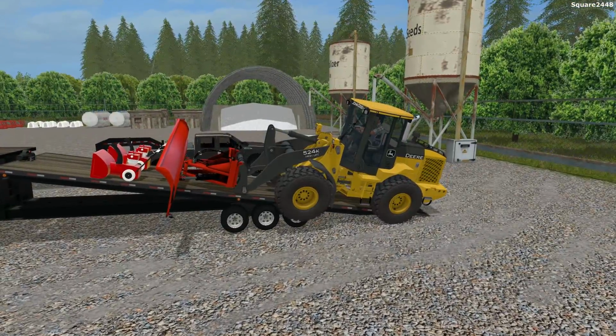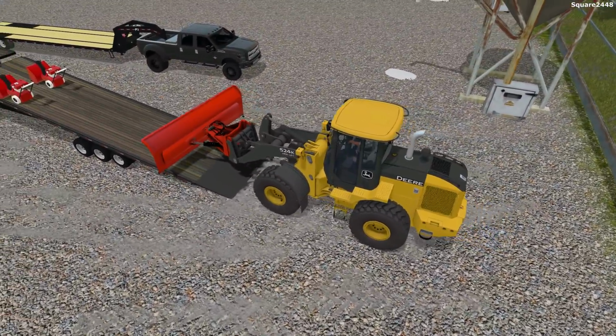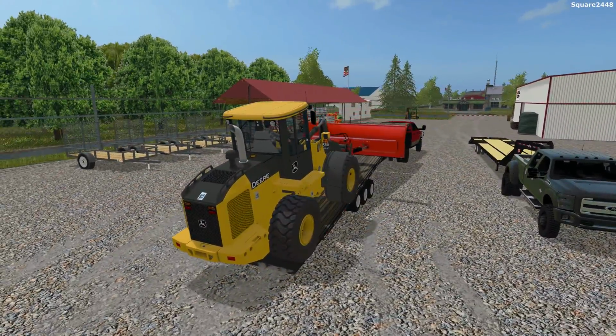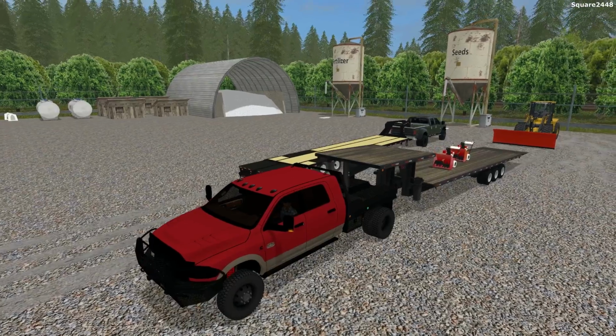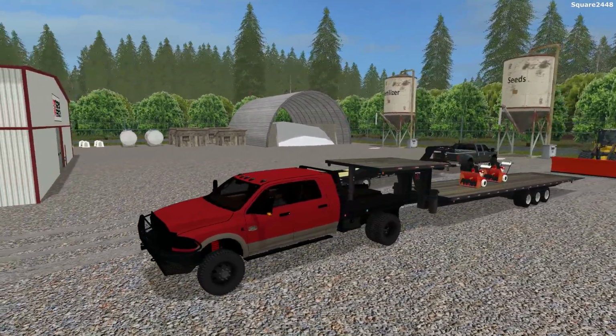If not, we could always drive this over there, but I really would like it to be on. I think that I will probably actually lock the load. That should kind of fix the problem with it falling off, so we'll probably do that. Alright, so it looks like we are unable to load the John Deere onto the truck, so we'll be just